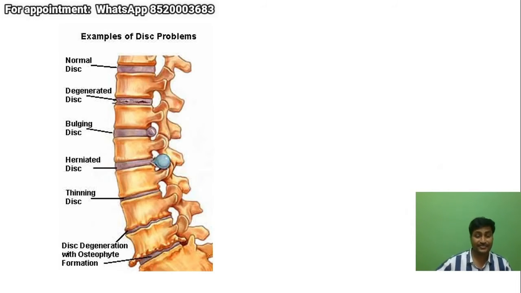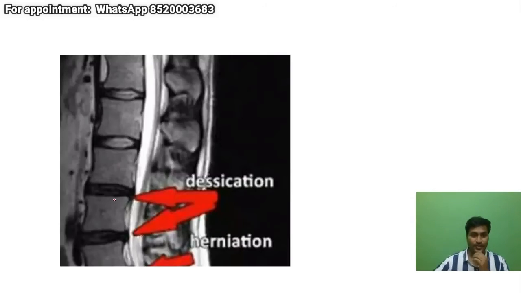Fine. This is a classical picture you can find on the internet. All the things are shown in one picture. This is a normal disc. This is a dehydrated disc, which becomes black in color with decrease in height. This is a bulging disc. This is a herniated disc, and these are the osteophytes which can also cause back pain. Can you identify? Again, the disc has become black in color. So this is an example of disc dehydration or disc desiccation.